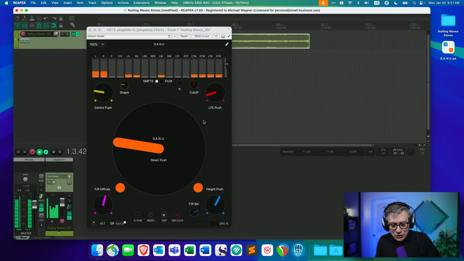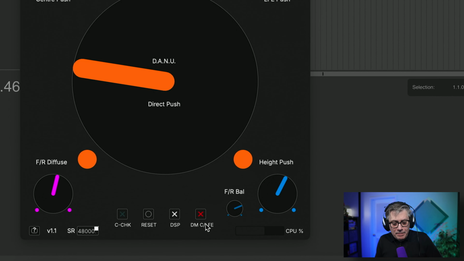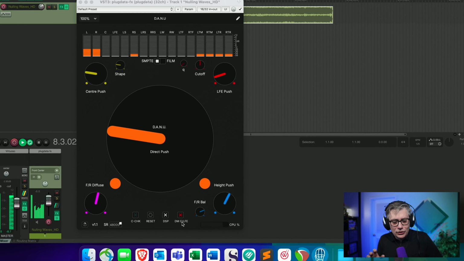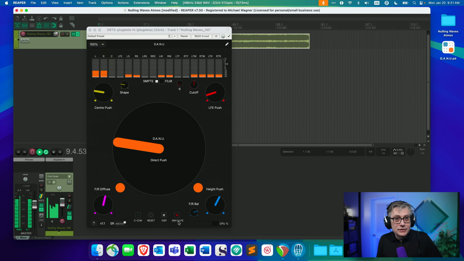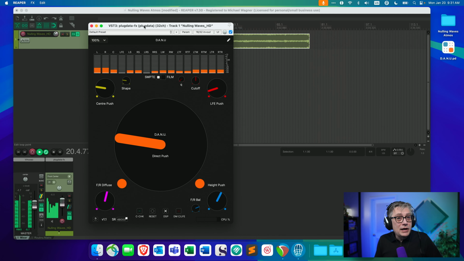Now, one thing I need to mention is that in the most recent version of Dano, Sam Hawking added this little button here. You don't really need to know what that button is, but it's a bit of a technicality, because for certain digital audio workstations, you need special treatment of the center and LFE channels. However, by default, this button is clicked, and if it's clicked in Reaper, the center channel and the LFE are not showing up. So what you want to do is unselect that, and as soon as I unselect it, I see the center channel here. Then I can simply do whatever I want to do with my audio.